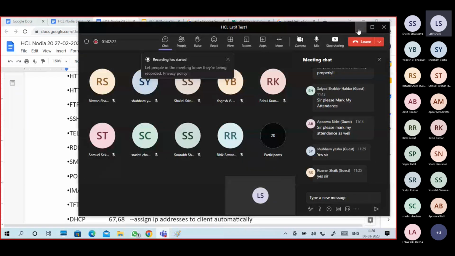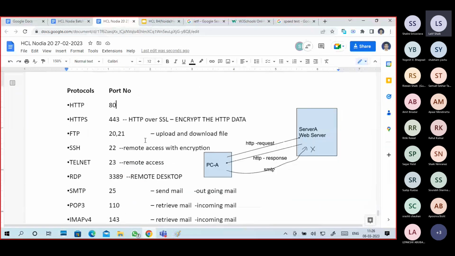There is a lot of port number material, but for certain protocols there are reserved port numbers. While you are transmitting data from one system to another, instead of using a protocol name, we use a port number. Certain protocols have reserved port numbers.